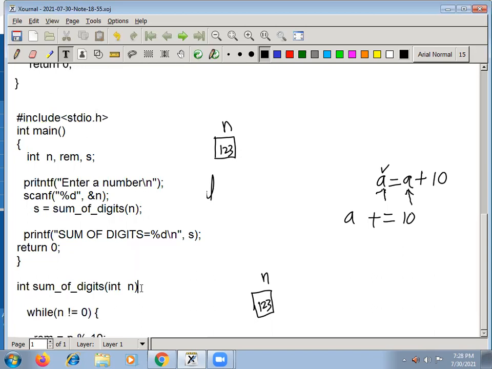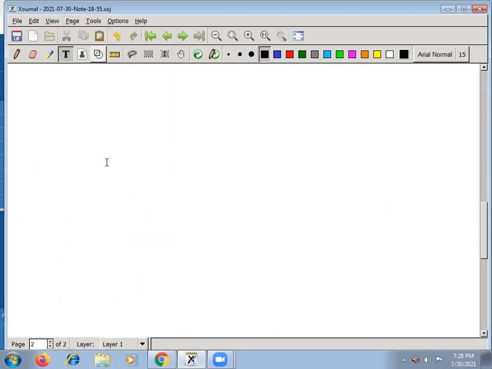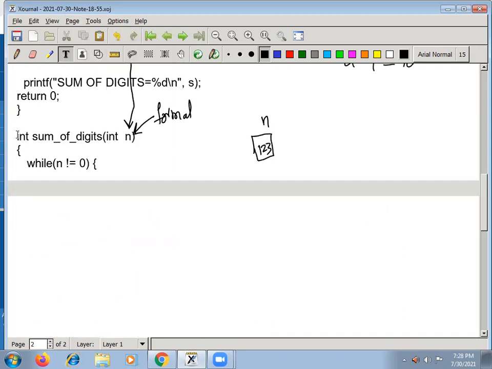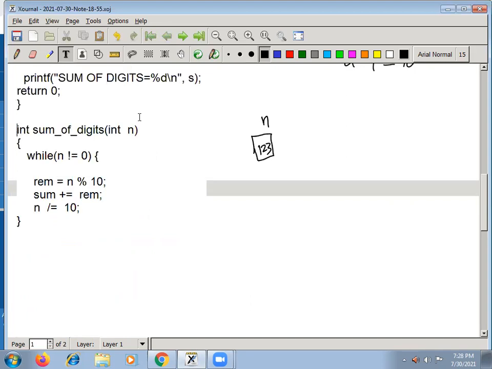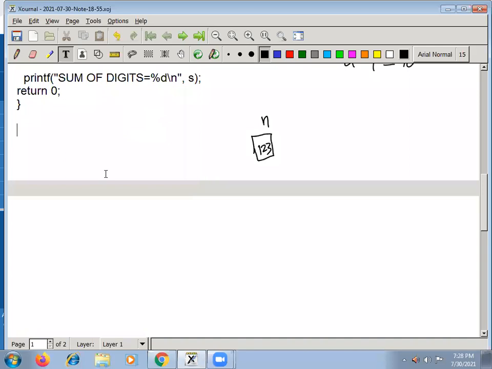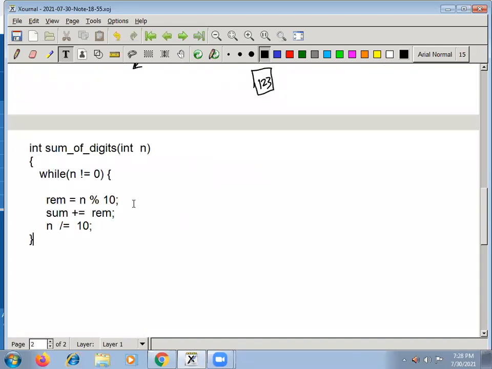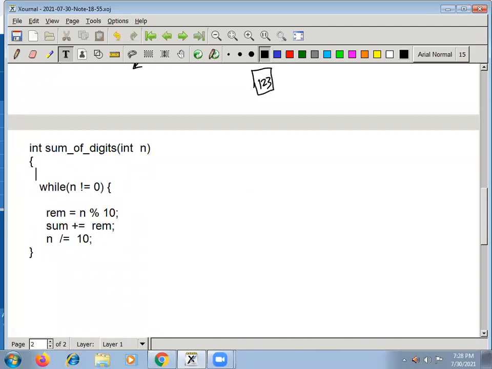Just define the code here. I define the function in the next page. Inside this, n is with you now, so the same logic you can implement.